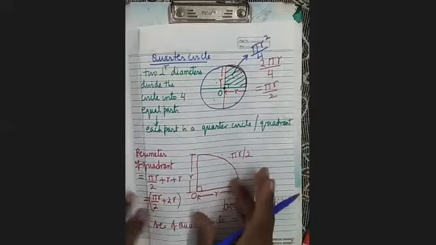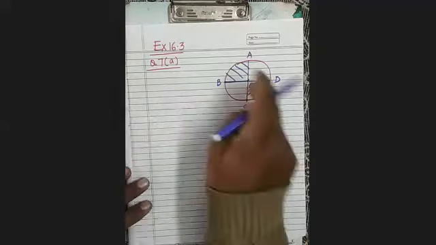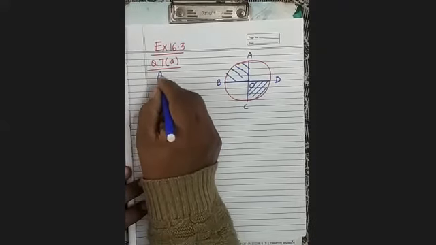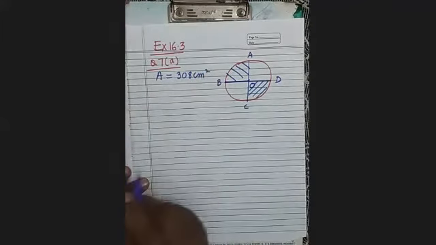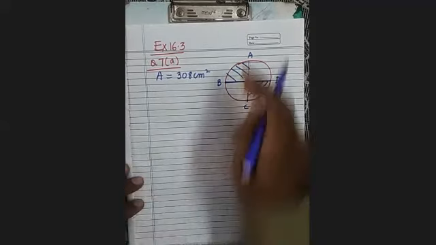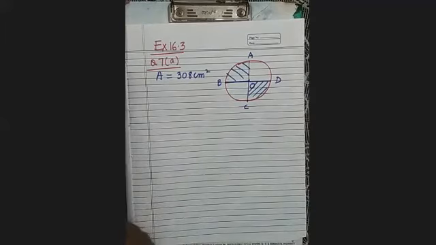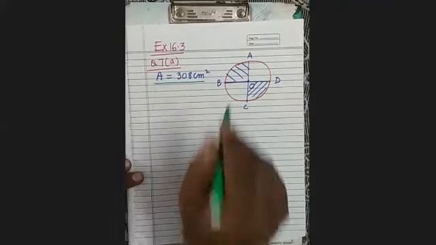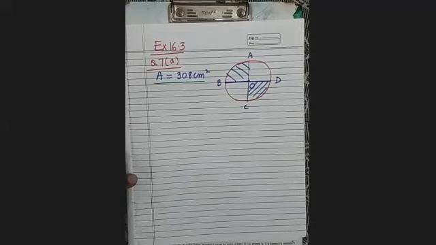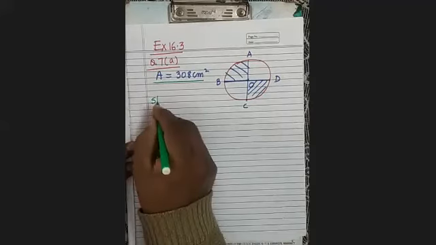This thing is clear. So see here. Here it is given that the area of the shaded portion is 308 centimeter square. Calculate the length AC. AC means diameter. Diameter means 2r. So see, the method of doing questions: whatever thing is given, we will see what it is in terms of the formula. If we write this in terms of the formula, the shaded area will be